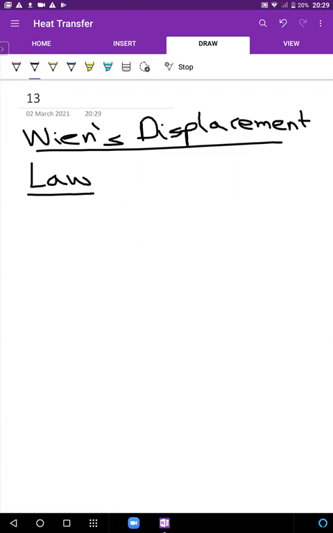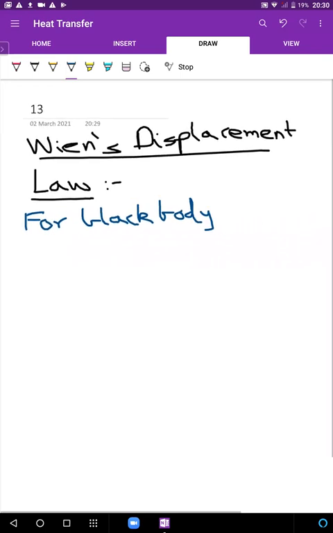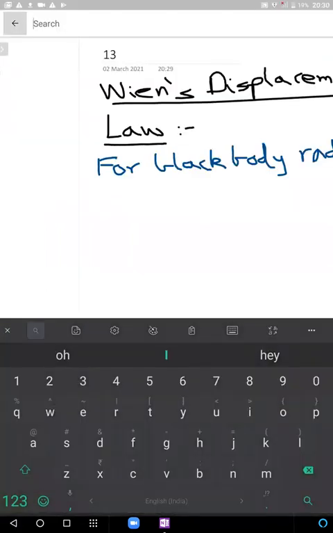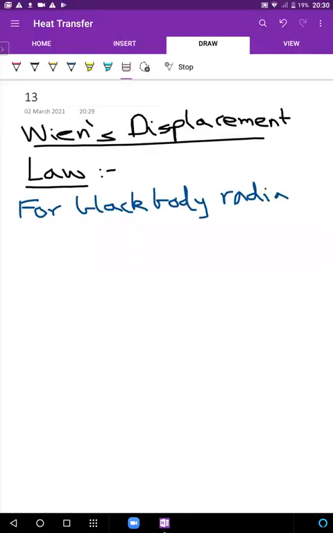What this law says is, there are two statements for this. First thing is, for black body radiation. A lot of people, while remembering a law, just remember the final formula, or just the most important point. But I would say every single term is really important. For instance, you should know, to start with, that whatever this law is going to talk about is exclusively for black body radiation.